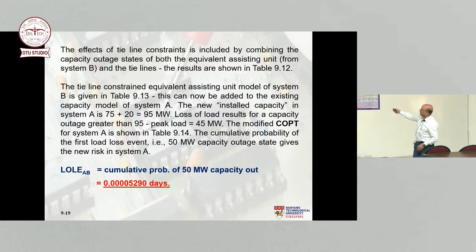The loss of load results for a capacity outage greater than 45 megawatt now. It was 35 megawatt before. In the isolated system, it was 25 megawatt, right? With the 10 megawatt line, 35. 20 megawatt line, 45. The modified COPT is also shown for you. The cumulative probability of the first load loss event greater than 45. So that happens to be 50. That will give you the loss of load expectation in system A. Okay? And that turns out to be